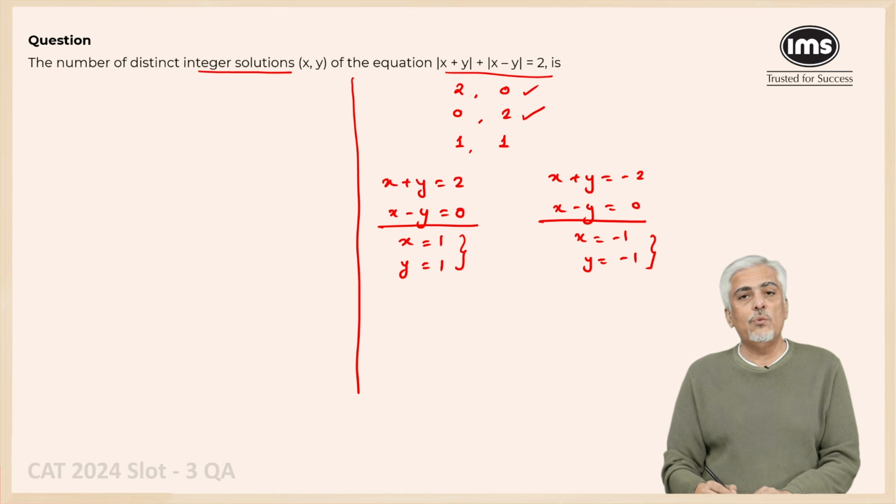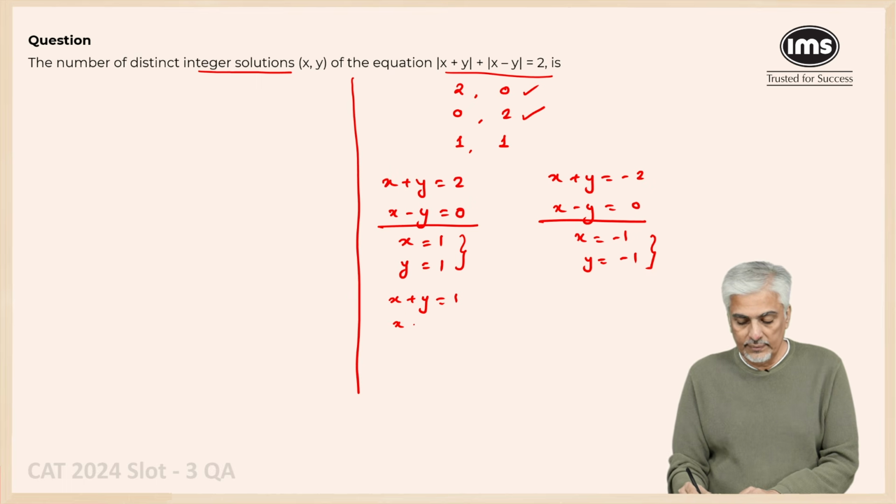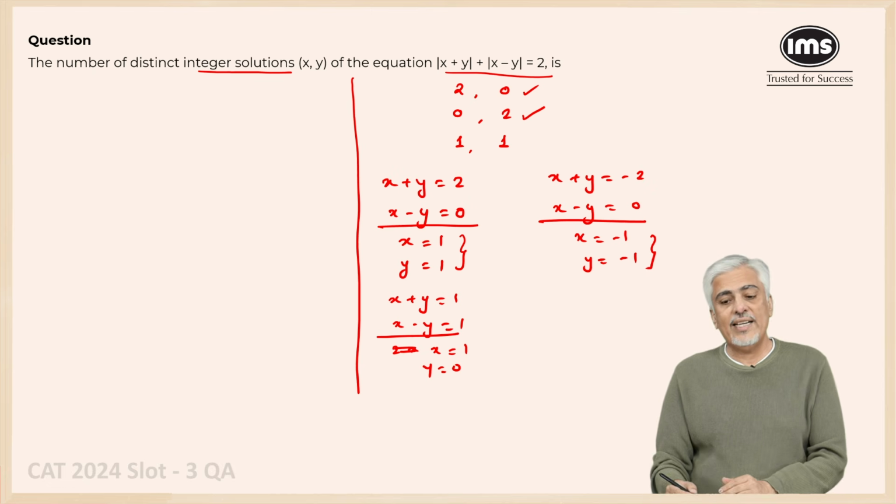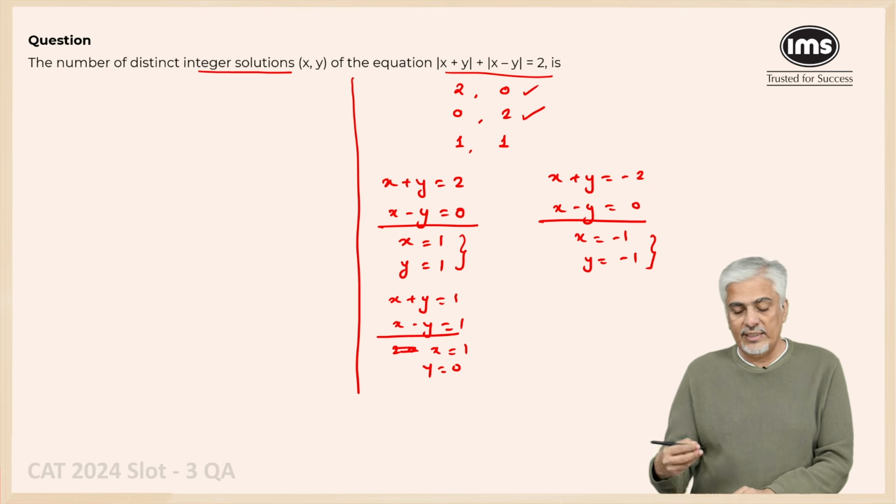And when both of them are 1, you will actually get 4 different solutions, because you will get x plus y is 1. At that time, x minus y is also 1. So, if you add up, you get 2x is equal to 2. So, x is 1 and y is 0. But you can also get x plus y is 1 with x minus y is